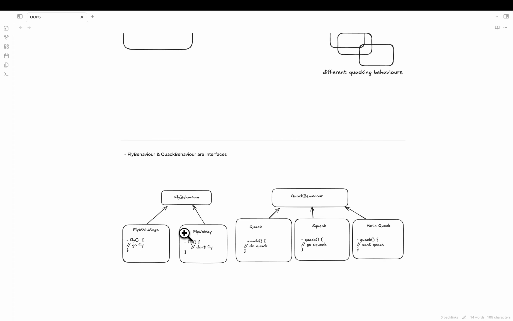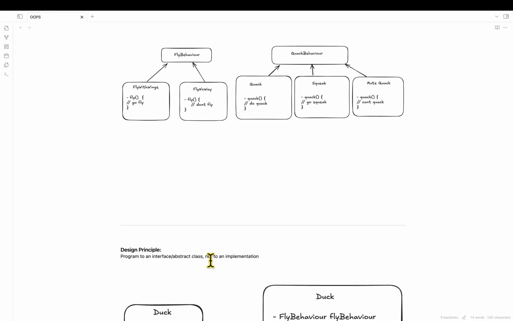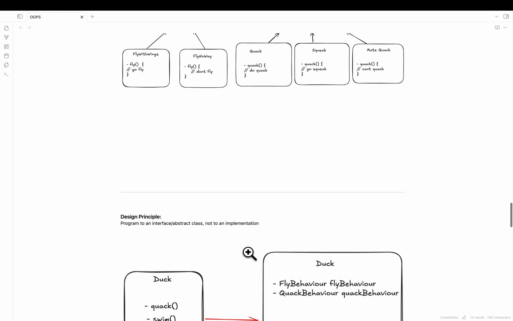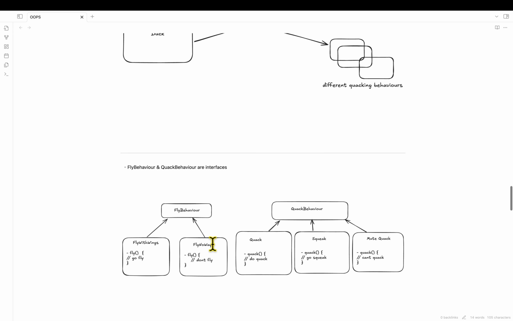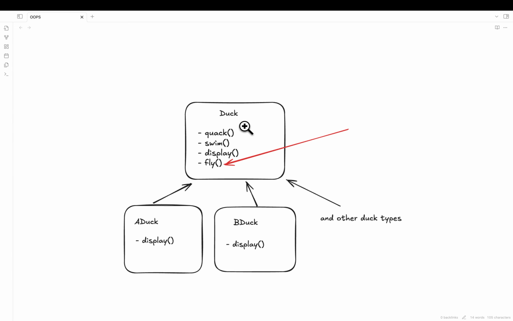Another design principle is: program to an interface or abstract class, not to an implementation. We'll understand more with the example, but earlier we had the implementation, or more logic, stuck into the actual superclass, the duck abstract class, which had the implementation of quack and fly.